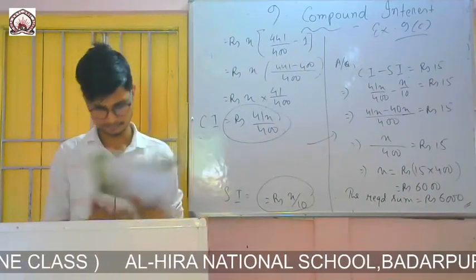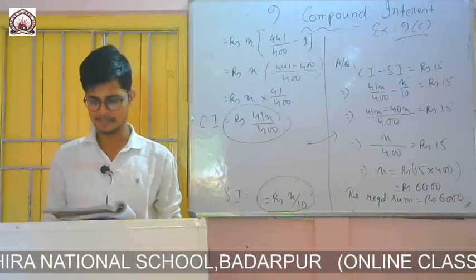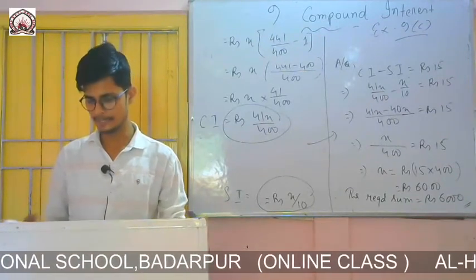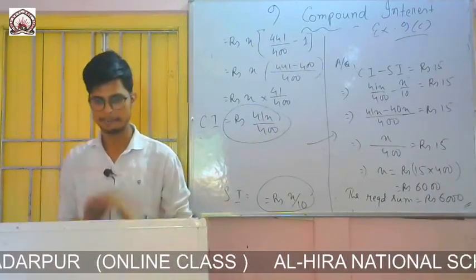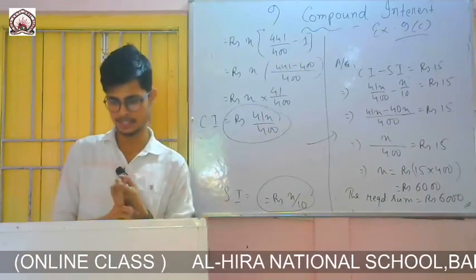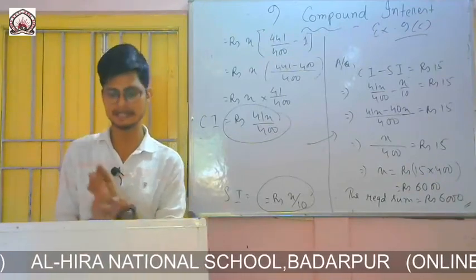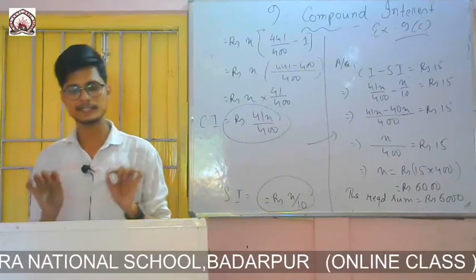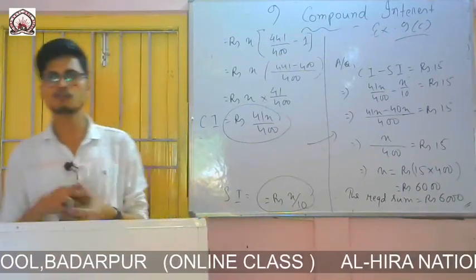6.1. Find the rate percent if compounded yearly. So your question is to find the rate. Here principal is given, you see in the question, principal is given, amount also given, time also given, but the rate of interest is missing. So this is a very easy sum. I will show you how to find the rate.